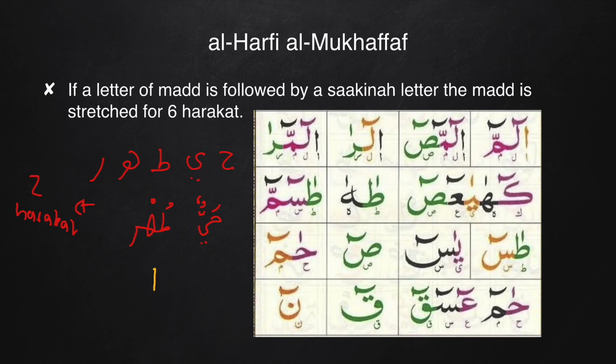Now if you're wondering, where is the sakina? Where is the sukoon? This is what we're going to take a look at now. First I was teaching you the overall rule, and now we have to look at the example. For the explanation, we will have a look at 3 surahs which begin with huruf muqatta'at. We will have a look at qaf, which is the first ayah of Surah Qaf. We have noon, which is the first ayah of Surah Noon, and we have sad, which is the first ayah